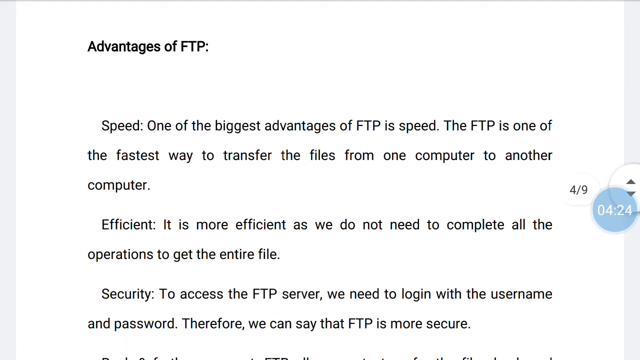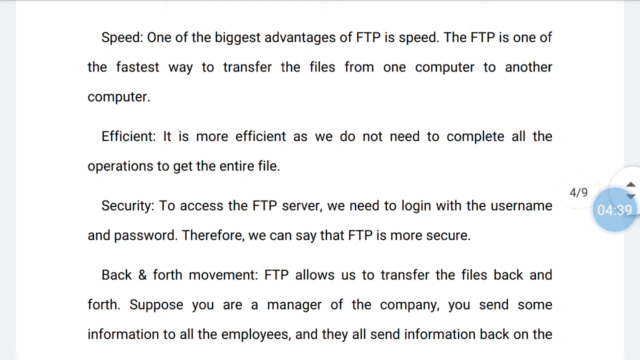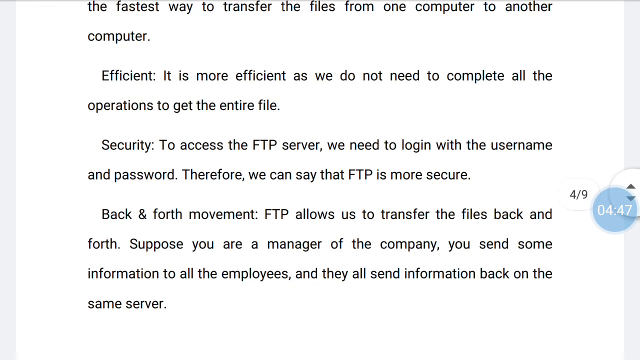What are the advantages of FTP? First is speed. One of the biggest advantages of FTP is speed. FTP is one of the fastest ways to transfer files from one computer to another. FTP is efficient. It is more efficient as we do not need to complete all the operations to get the entire file. It is secure. To access the FTP server, we need to log in with a username and password,